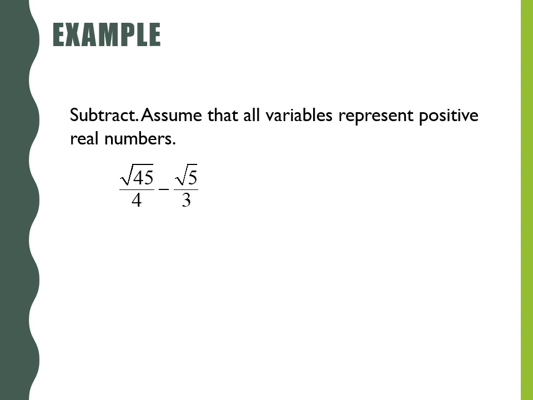So, continue. Now we're going to worry about having the common denominator. What is the least common multiple between 4 and 3? Well, that would be my LCM. Well, not M. We're talking about denominator, so we're going to write LCD. So my L,